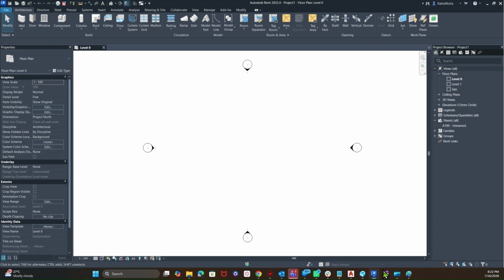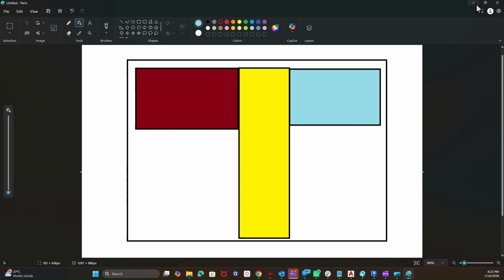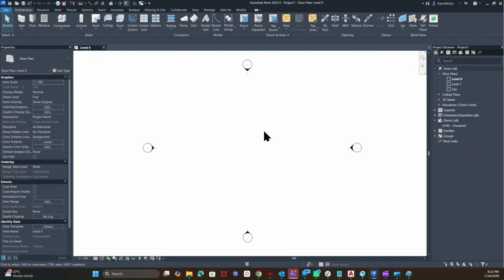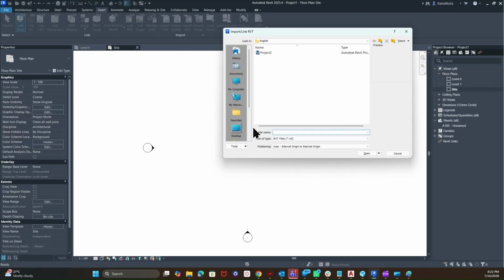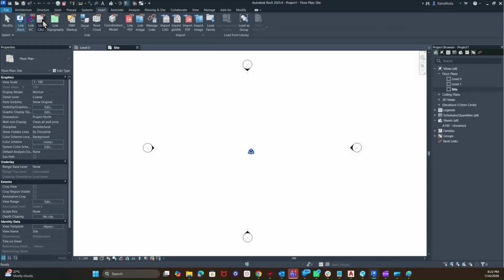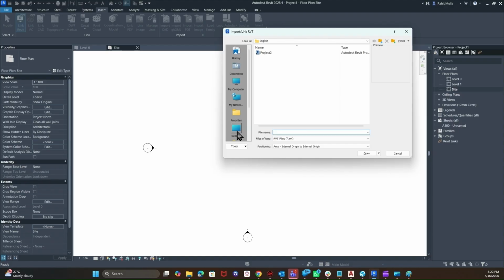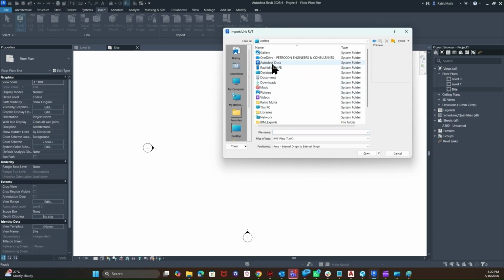Now consider this Paint, and it's time for you to bring all those models together and get the annotations from those models. For example, if I go to site and link an architectural model, let us first find out the location. I'll go to my PC, Windows,